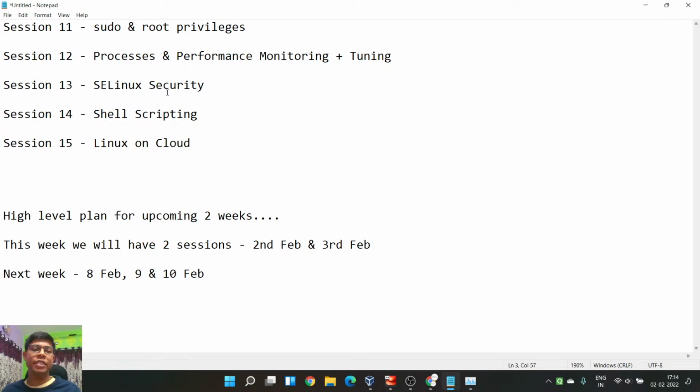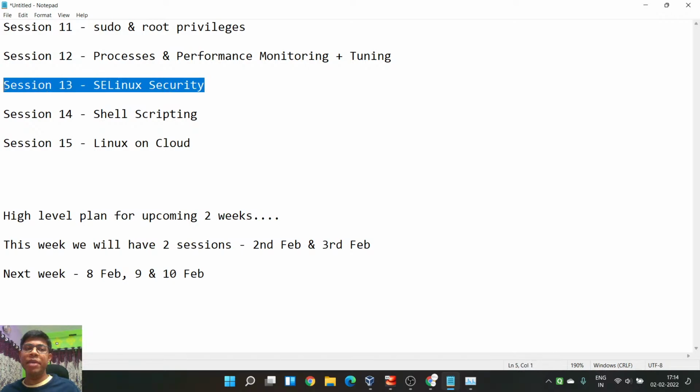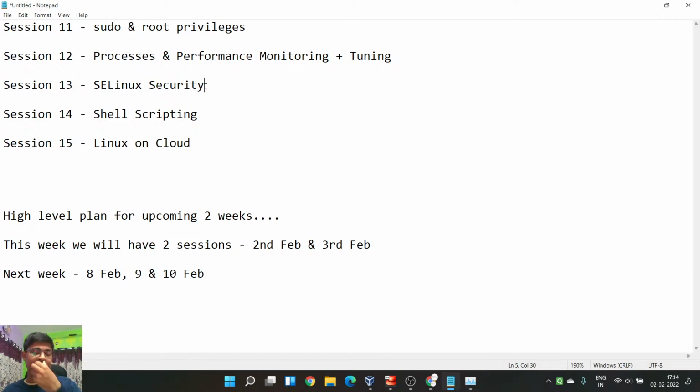And then we will discuss SELinux security. This is a very interesting topic. Maybe it will take time if we want to go very deep into SELinux, that we can do. But here I also have the plan to show you how we can implement SELinux in containers also. Because I believe you all went through the container sessions in our channel. So that is my plan. But let's see how much time this takes. If time persists, then I will definitely show.